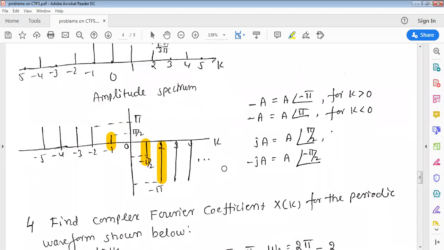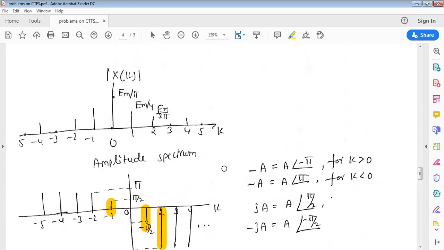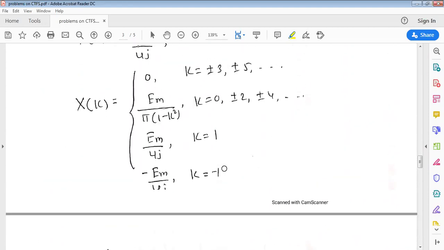Sir, any doubt? Minus 1 by pi, if we shift the pi to the numerator, it will be plus pi, no, sir? See here, it will not become that. Minus 1 by pi is a number. 1 by j will become minus j. Look here. For 1 by j, you are rationalizing. For 1 by pi, you are not rationalizing because pi itself is an irrational number. You cannot rationalize it. Therefore, minus 1 by pi will remain unchanged.